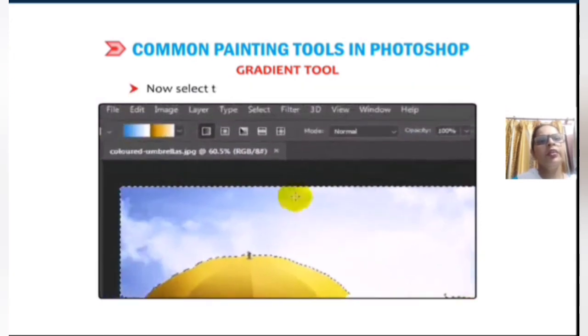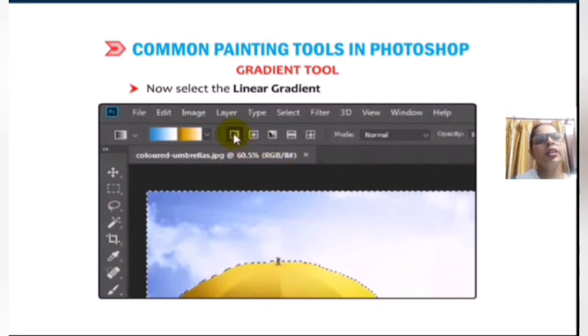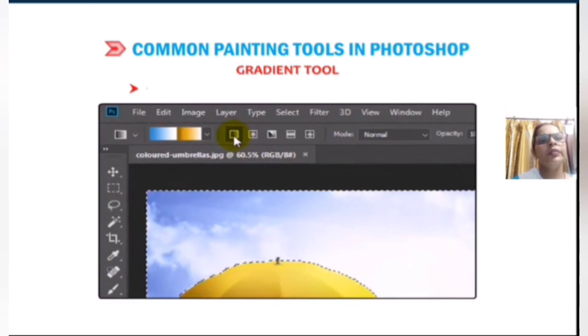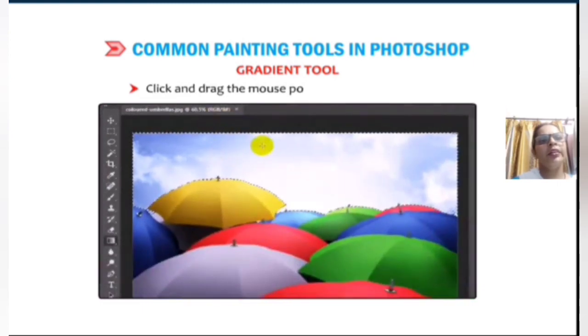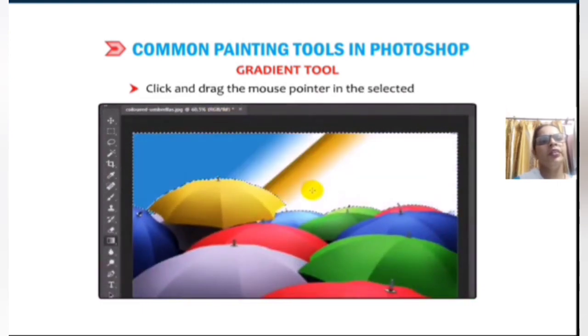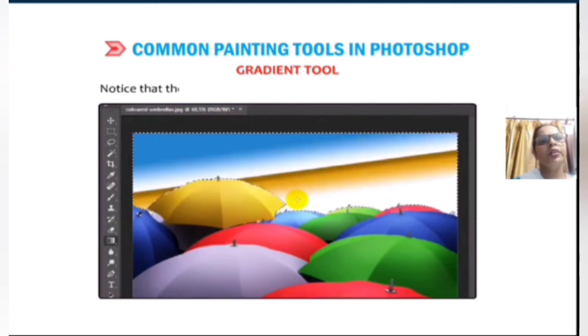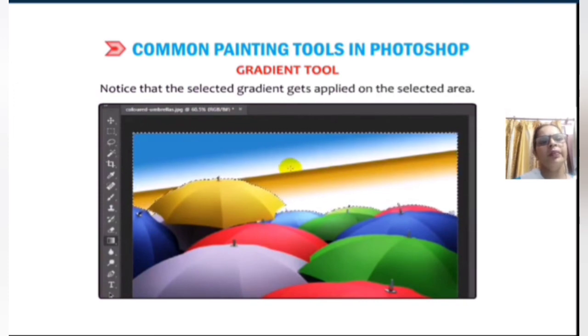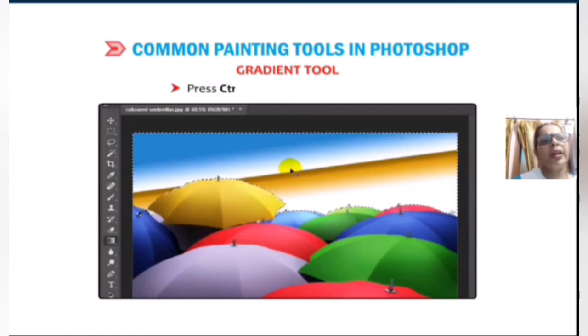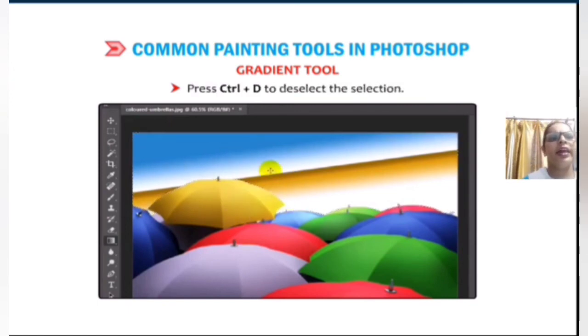Then select the linear gradient from the option bar. Click and drag the mouse pointer in the selected area. Notice that the selected gradient gets applied to the selected area. Press Ctrl plus D to deselect the selection.